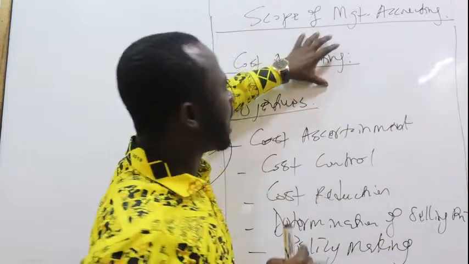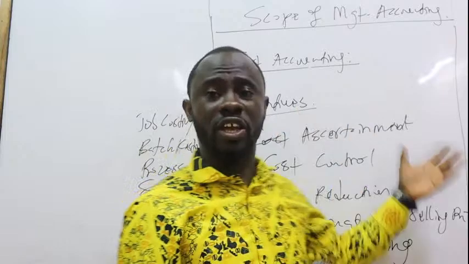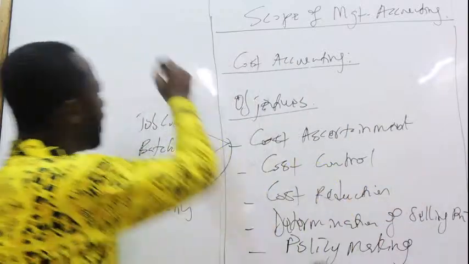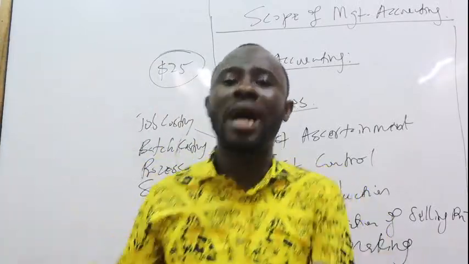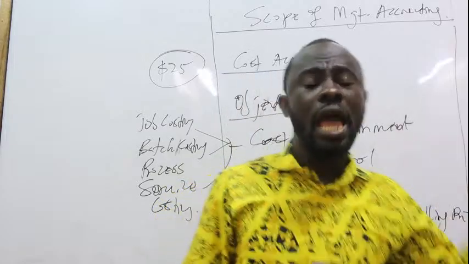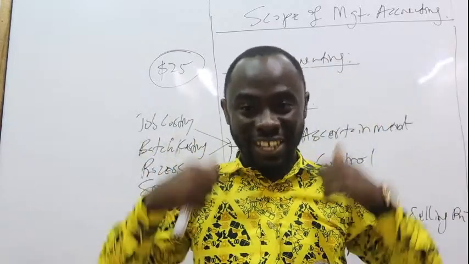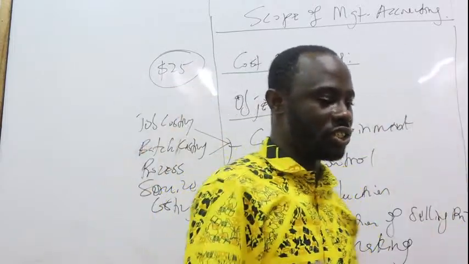So cost accounting also helps the organization in the fixing of the selling price. So that if you know your cost is, let's say, $25 per unit, then you can say, okay, I will do a margin of 5% or a markup of 5%. Now, margin and markup is also something that you need to understand, and I'll be explaining these later on as we build our knowledge in that.